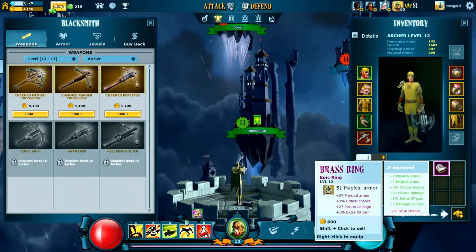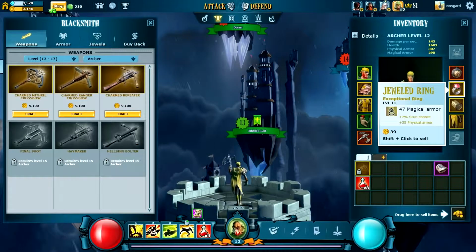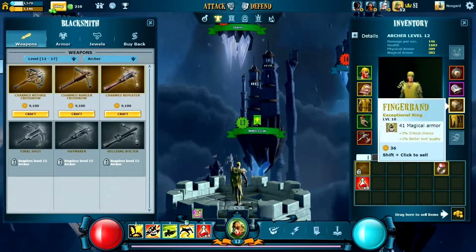Physical armor, magic armor, crit chance. Wow, whole bunch of poison damage on my shot now. Yeah, I'm definitely going to put this on over my old ring, which... Wait, no, I said put it on. There we go. Fine implement. Yeah, definitely better than my other option, although...